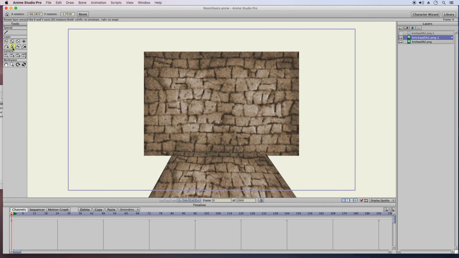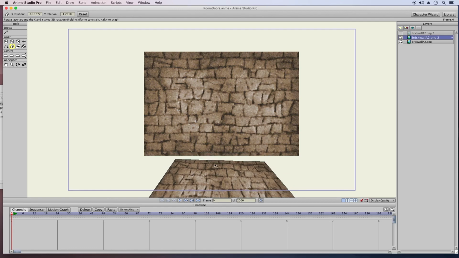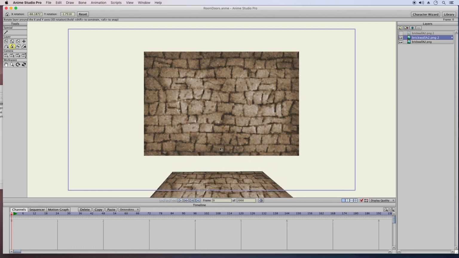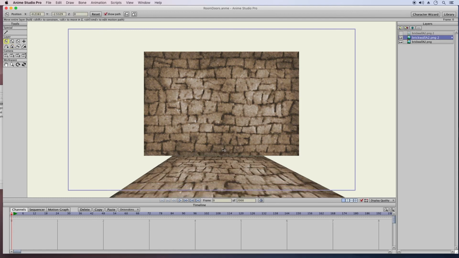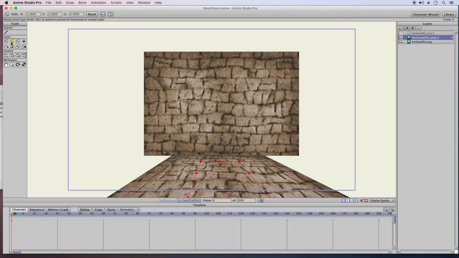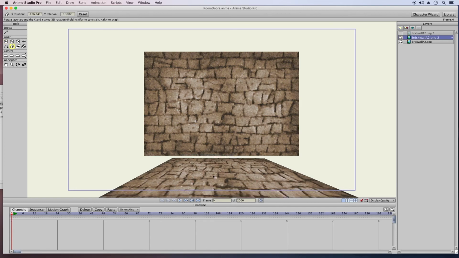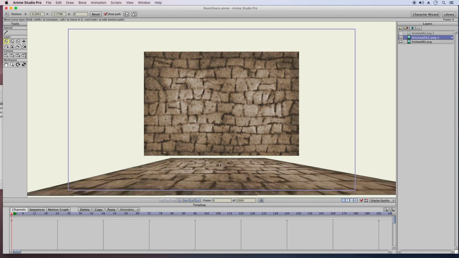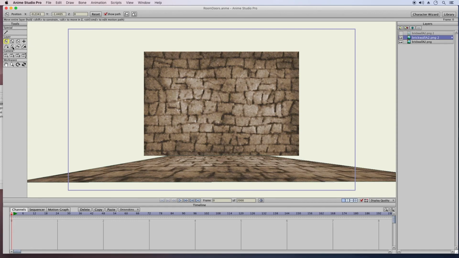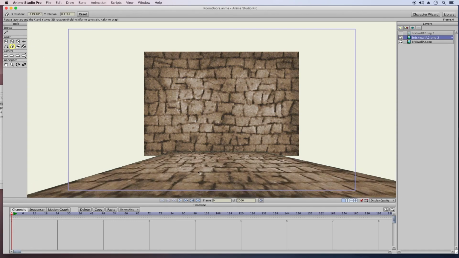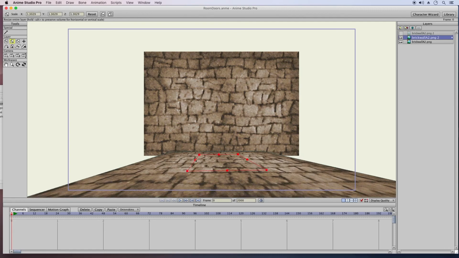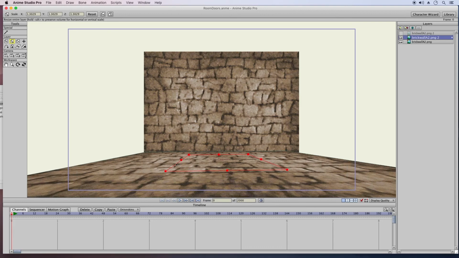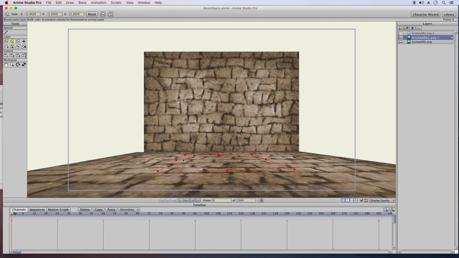You could have it any angle you want, but I'm just going to pull it up a little bit more. If you turn it too much left or right, then you get a weird effect with it. So I'll just continue to pull that within the view of the camera here. See, that's a little too much of an angle there, so I'll just push it down a little and maybe move it like right there. And the sides are a little too short, so I'm just going to extend that out a little so it reaches the edge of the